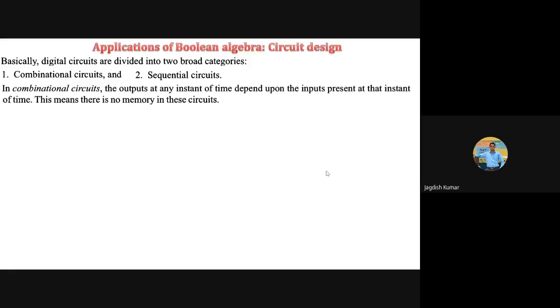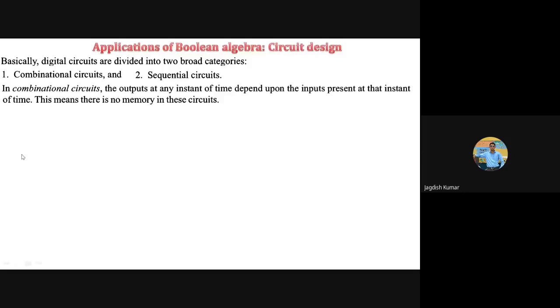So the combinational circuits are those circuits for which the output at a particular instant of time depends only on the present inputs. Means there is no memory element. For example, suppose you have an AND gate. The output of the AND gate at a particular instant of time will depend upon the corresponding values of input at that particular time. You change the input, the output will change